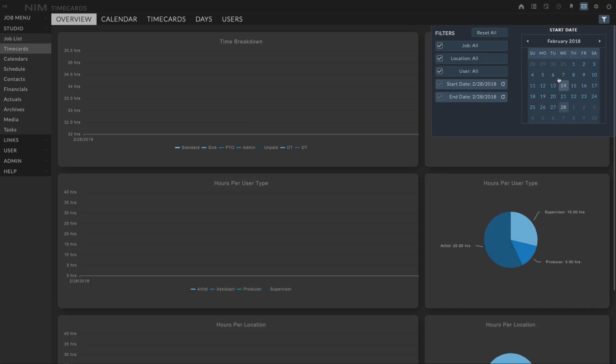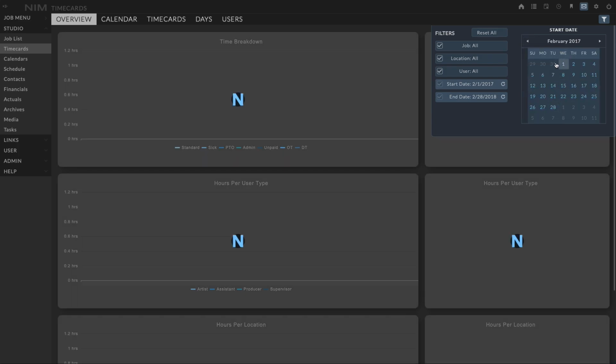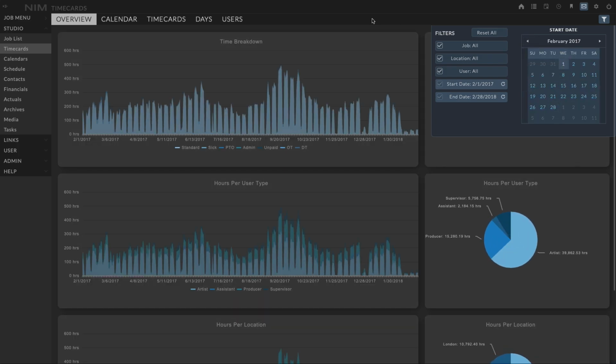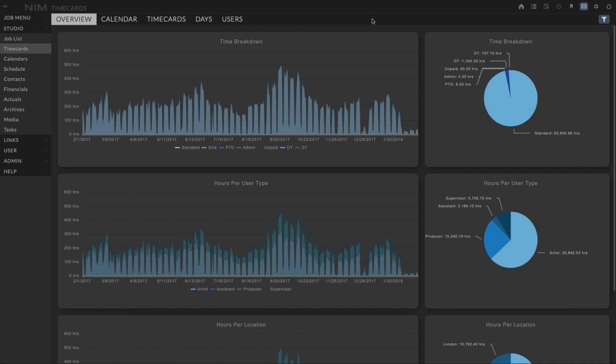So I'm going to back this up to 2018. And then I'm going to set my start date to the beginning of February as well. And this is what's great about the fact that you have all of your historical information in NIM. So you can view previous years of data. You can compare last year to previous years. We want you to contain all of this information here to understand how your studio is evolving and changing over